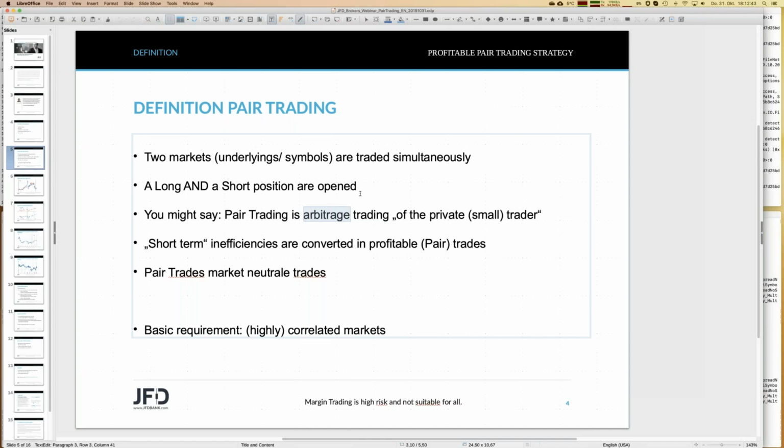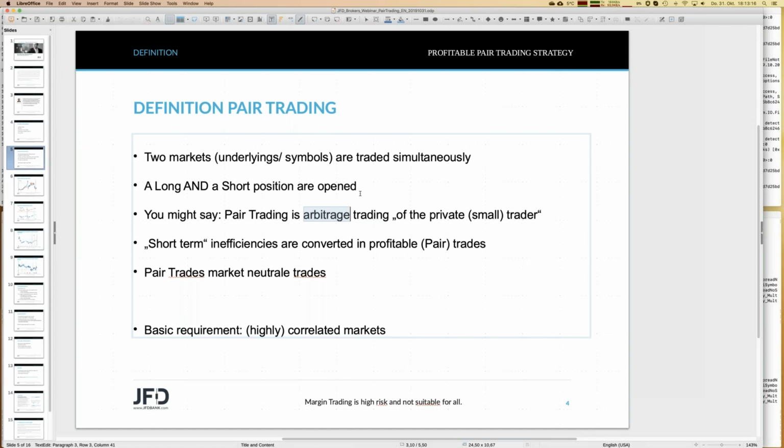But those inefficiencies between those two are only visible on millisecond level or maybe on seconds, but not longer. So cost of trading would not be, at least for private traders, possible to catch up those kinds of differences. But if we have inefficiency on a little bit longer time scale,